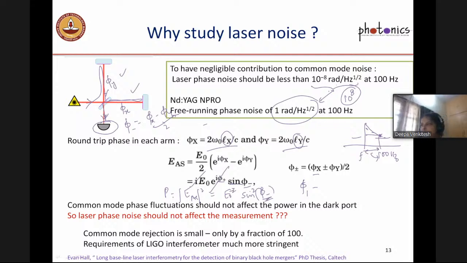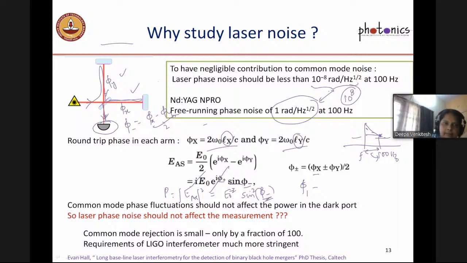So that is why we need to study the laser phase noise. There's a question that has come up from the previous section. Why is the pumping frequency different from the emission frequency? Okay, so there are lasing systems where the pumping frequency is the same as the emission frequency, but in Nd:YAG, what